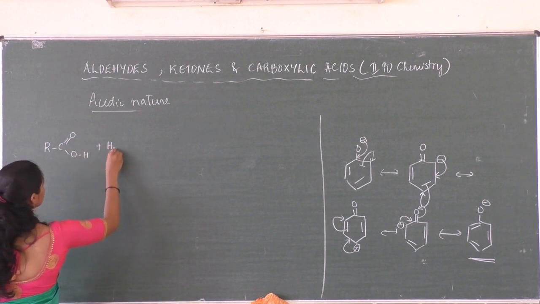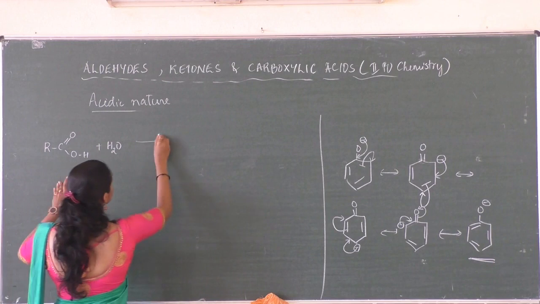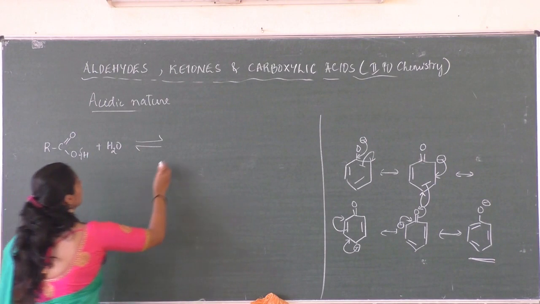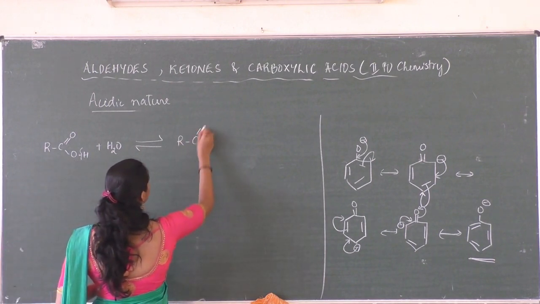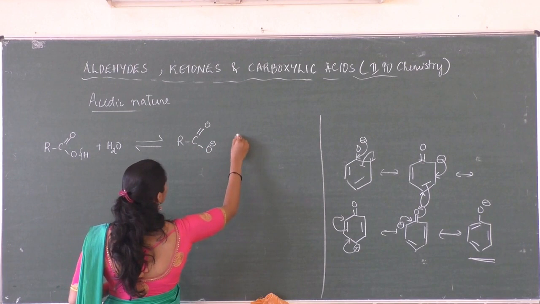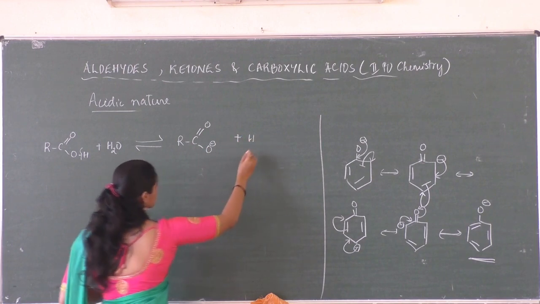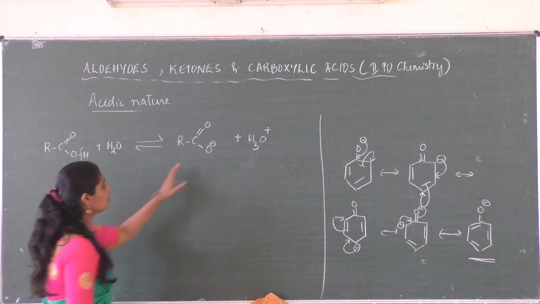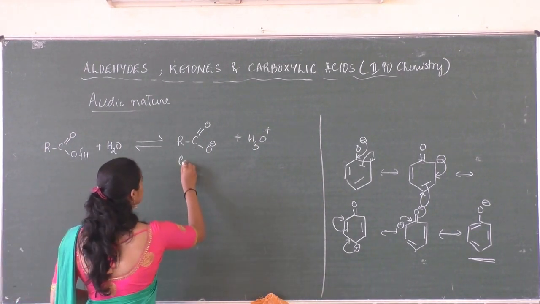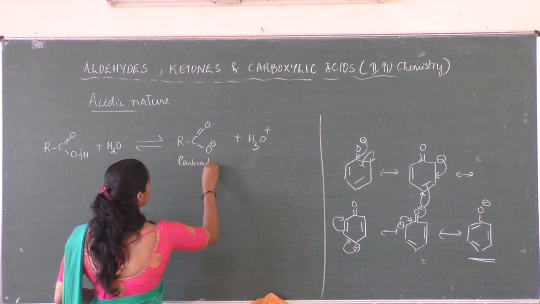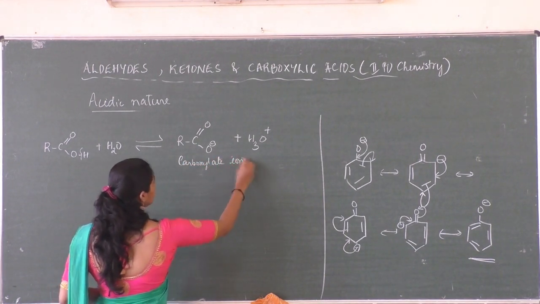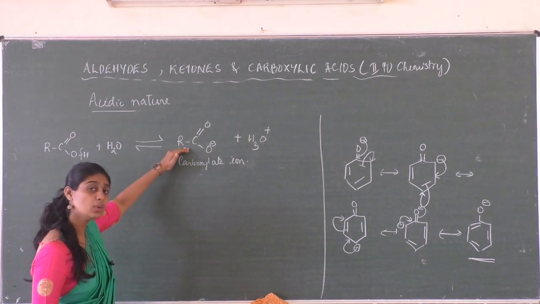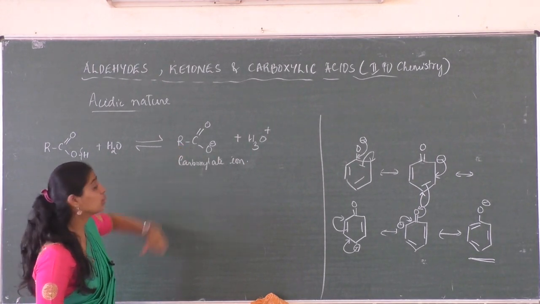When it is dissolved in water, being an acid, it is supposed to donate a H plus, and it forms RC double bond O, O minus plus H3O plus, correct? So this ion is called the carboxylate ion. This formed carboxylate ion consists of two equivalent resonance structures. Let us see the equivalent resonance structures.